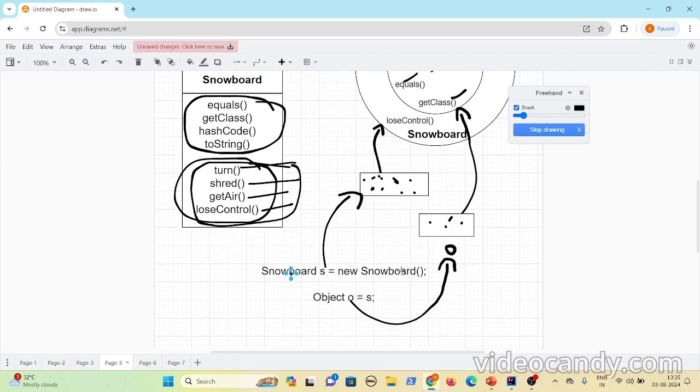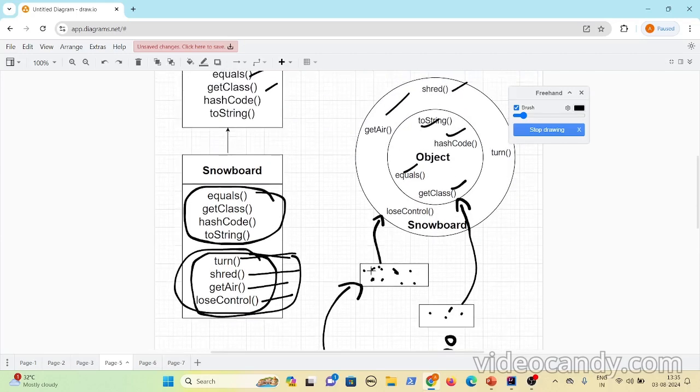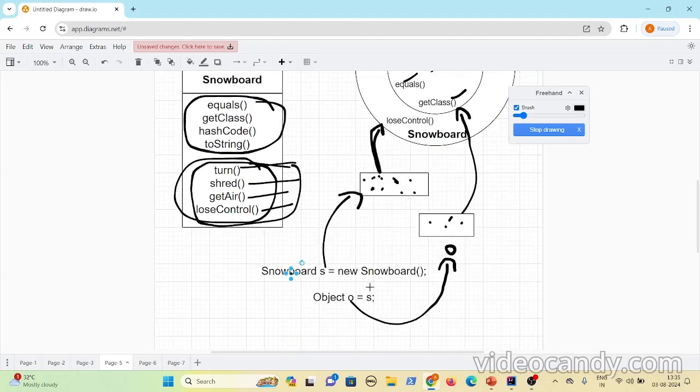Now, if you see Snowboard equal to new Snowboard, there is this remote control with many methods in the Snowboard, and this is referring to this. Now, when you assign the Snowboard to the Object, what happens? This particular reference variable can access only the methods that are present in the reference variable's class.